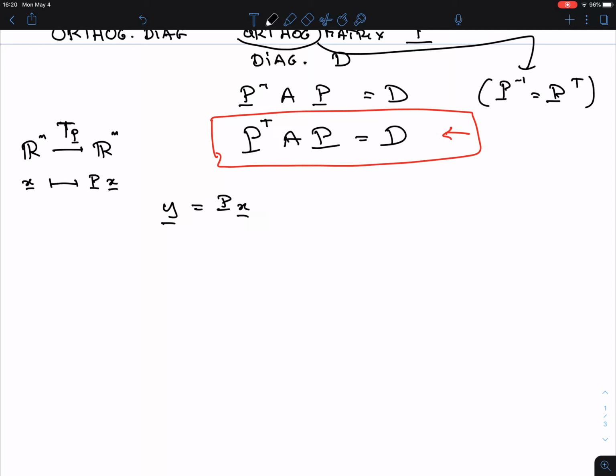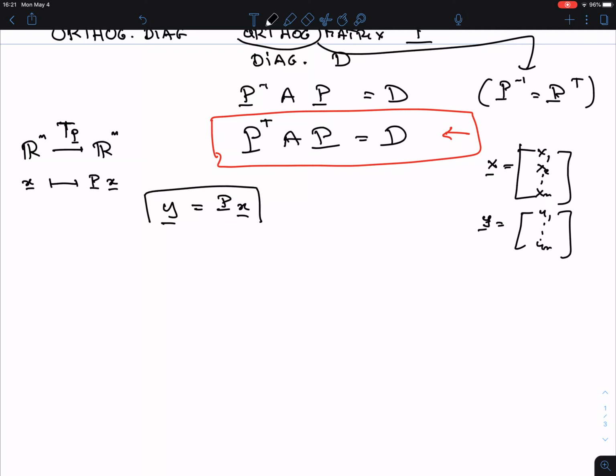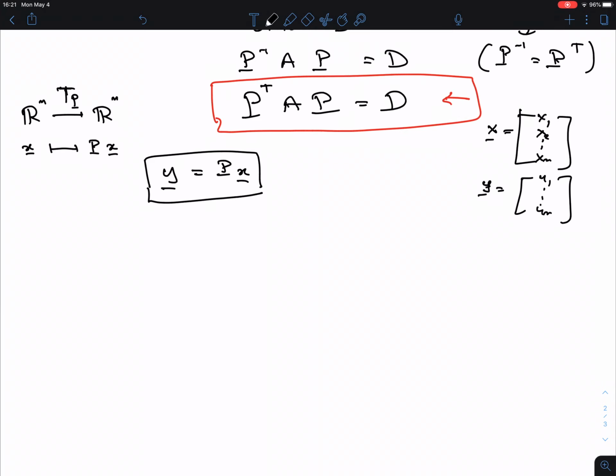So I want to calculate now. Okay, x. Remember, x in the original was x1, x2 up to xn, a column vector of variables, and now y is a new one, so let's call that y1 up to yn. And so we're thinking of x and y as different systems of variables, and this we call a transformation, or a change of variables, where the variables x are transformed into variables y. Why do I do that? Well, okay, so let's look at